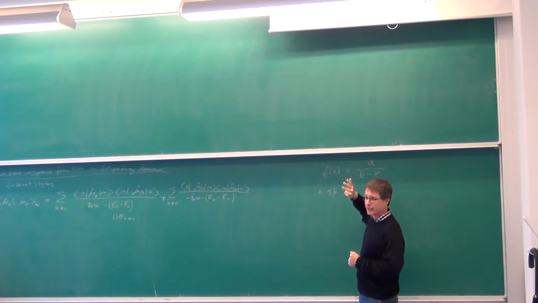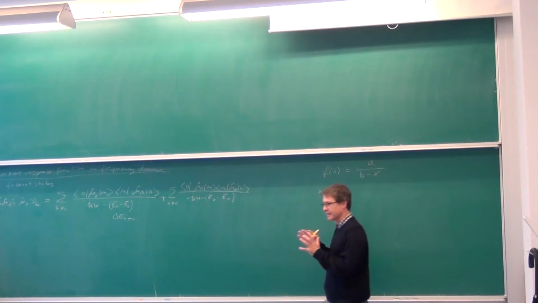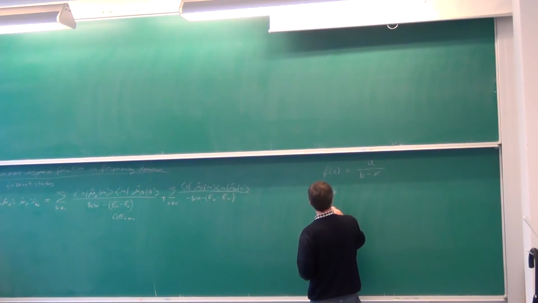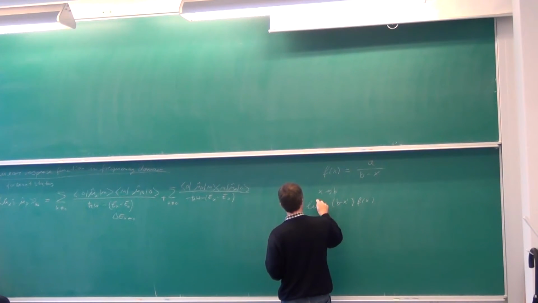But I might still find out what is in that singularity, in that infinite value, is there some finite, meaningful leftover called the residuum. And you do that if you multiply b minus x times the function,